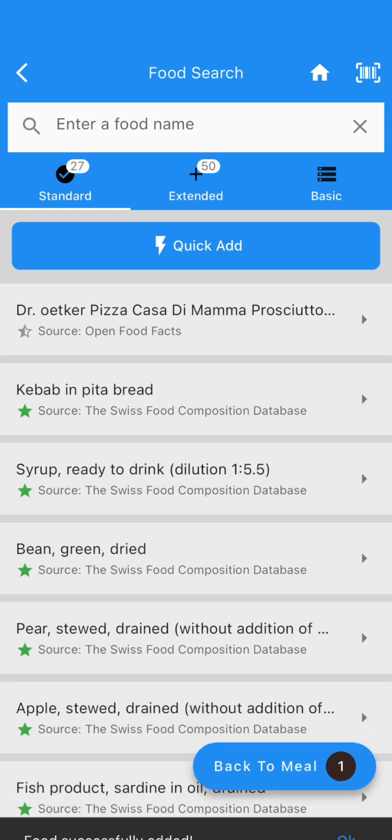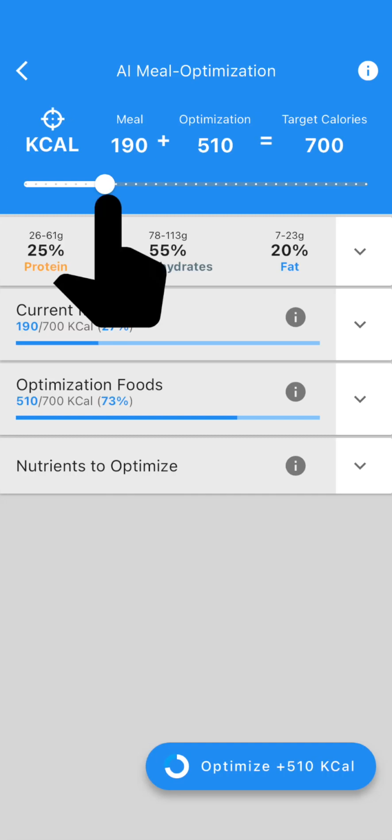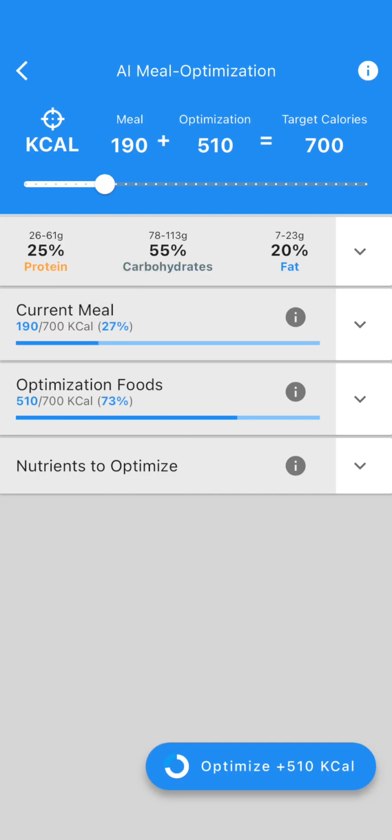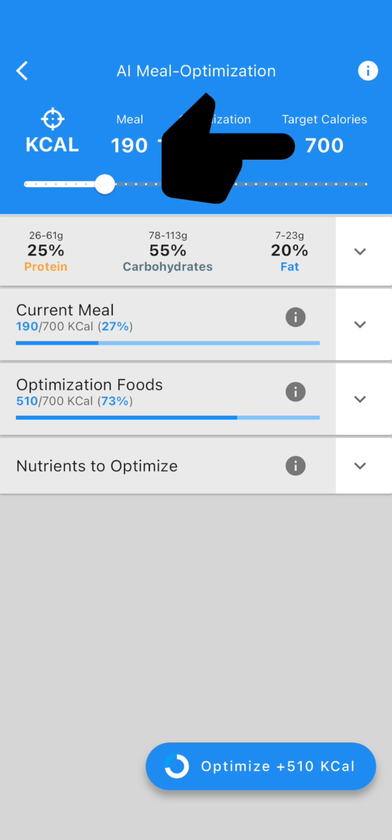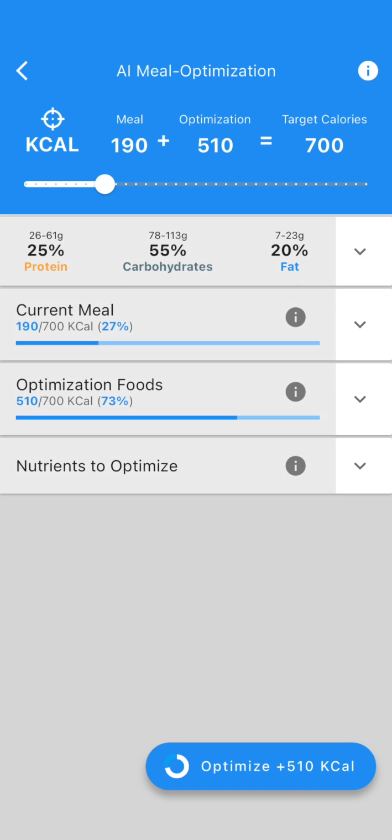Now, it's time to optimize your meal. Next, go to the Meal Details screen and tap on AI-Powered Meal Optimization. Here, you can set your target calories for the optimized meal. Let's keep it to 700 calories. You can also set macronutrient ranges, but we'll keep the default range, as it is the recommended range based on